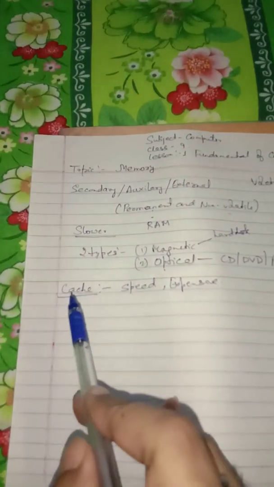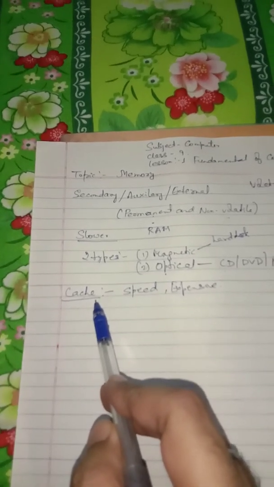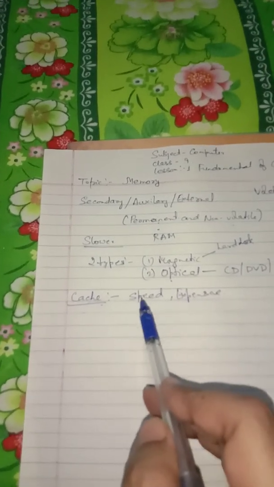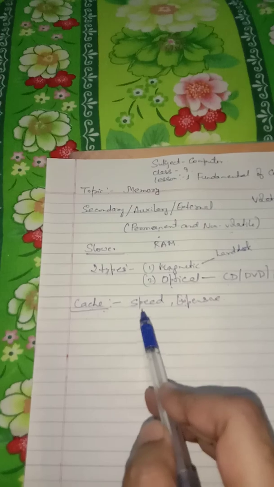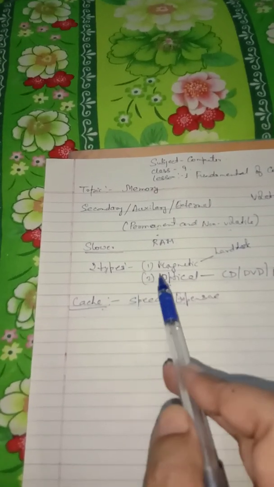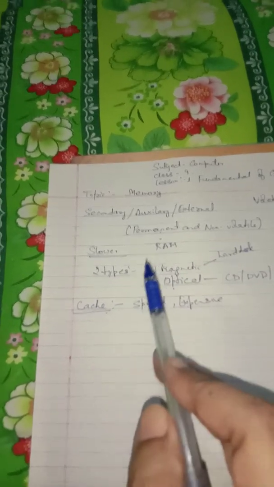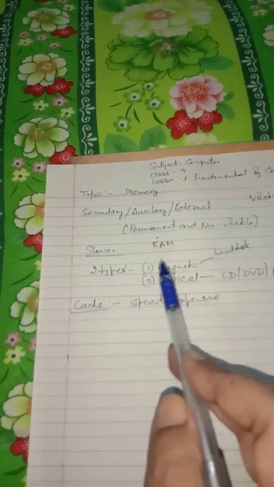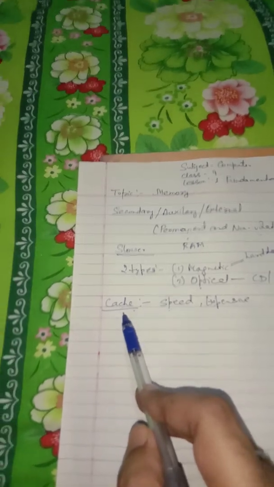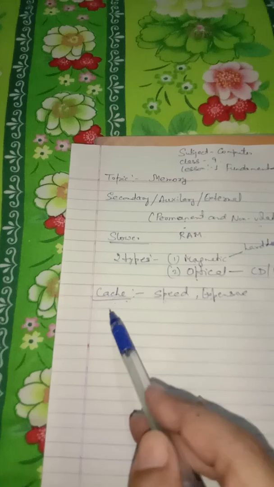So this was the cache memory, but it stores less amount of data. One of the drawbacks of cache is that its speed is very high, it is expensive, it stores less amount of data. It stores only those instructions or data which are frequently required by the CPU. So those data are transferred from the disk to the cache, and the cache generally supplies it to the CPU for processing. So this is cache memory. So here we discussed the secondary memory and the cache memory.